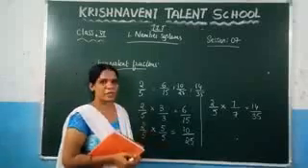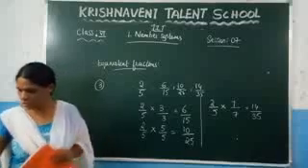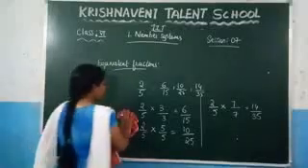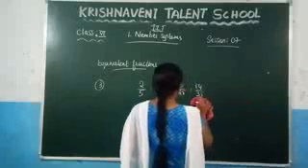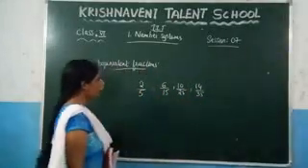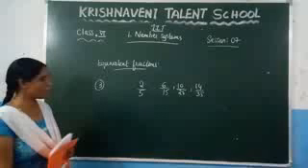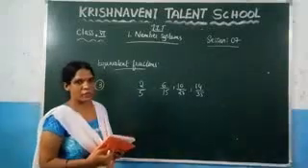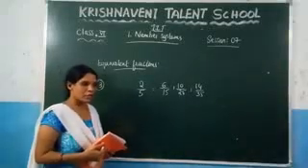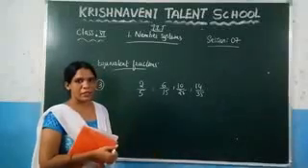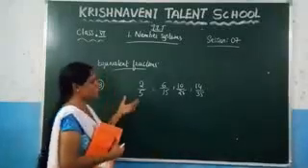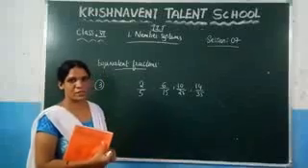So what is meant by the equivalent fraction? We got it here. Equivalent fractions of 2 by 5 are 6 by 15, 10 by 25 and 14 by 35. These are the equivalent fractions of 2 by 5. And the meaning of equivalent fractions is nothing but that all these fractions are equal. The name itself says these fractions are all equal.